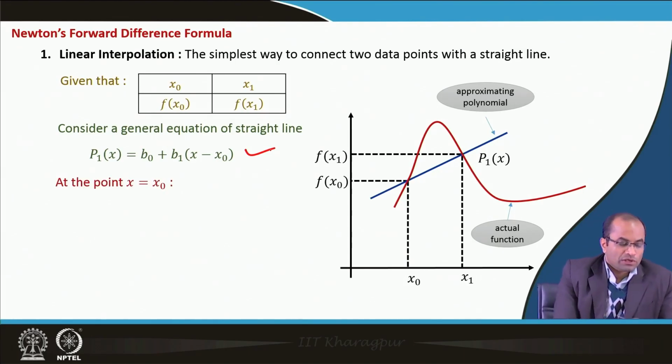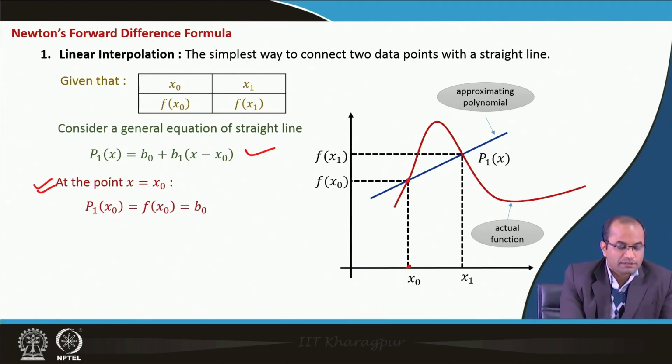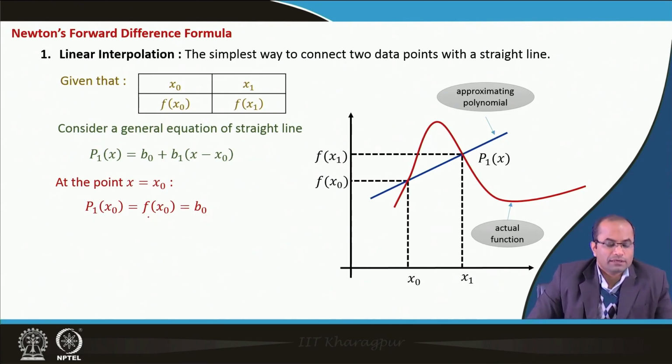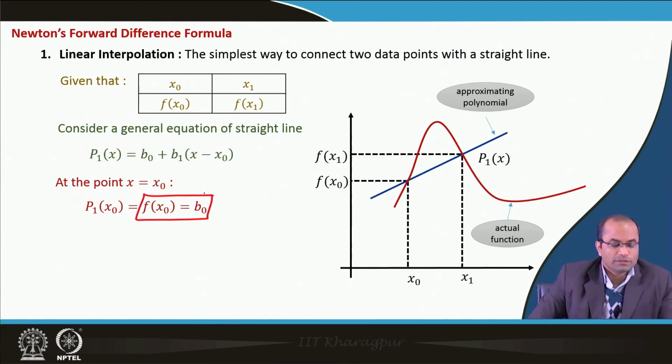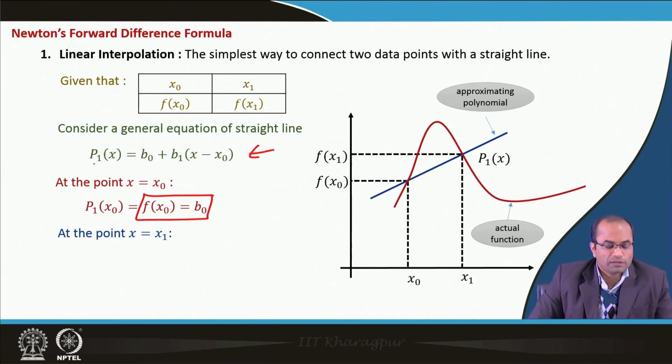So, at this point x is equal to x naught, this polynomial should match with the function values. That means, this p 1 at x 0 should be equal to f x 0, and when we are putting here x equal to x 0, this term will get cancelled, and we are getting directly b naught, and this is the point why we have taken this equation in this particular format. So, we are getting b naught equal to this f x naught, and now at x is equal to x 1 point, we will substitute here x is equal to x 1, and this p 1 x 1 will be nothing but